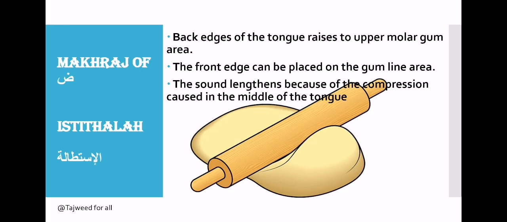Okay, imagine there is a dough that we are keeping in the round form, and we are applying it with a pressure in the middle. What happened? It will push towards the front. Similarly, the pressure getting inside the depression of our tongue will push the tip of the tongue, and at the end it will be like the yellow to yellow. So that means before that the tip of the tongue was slightly, very slightly, don't take your tongue too much inside, okay, very slightly it was towards the front area. But after